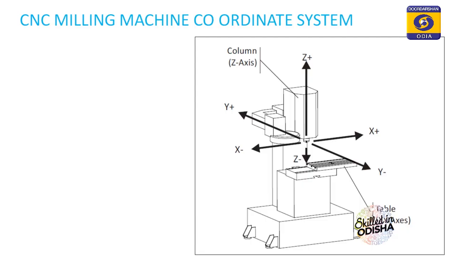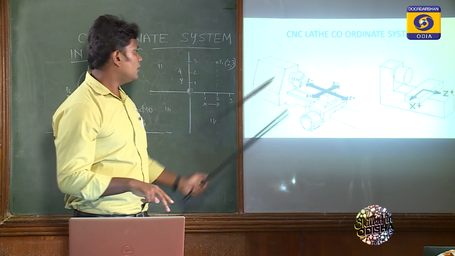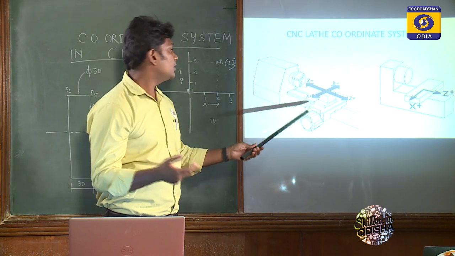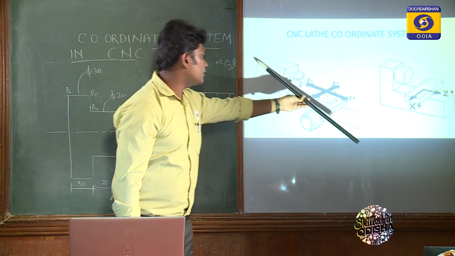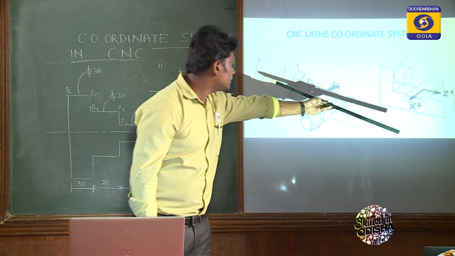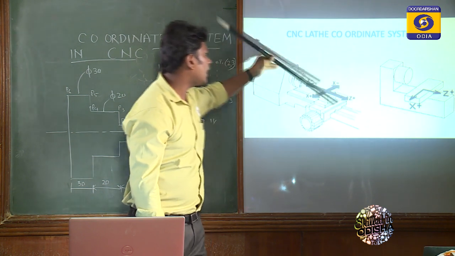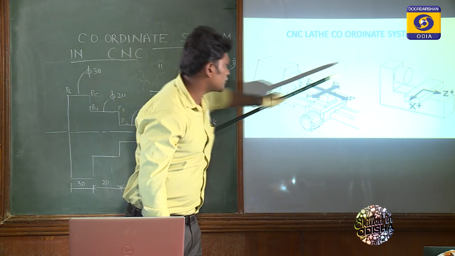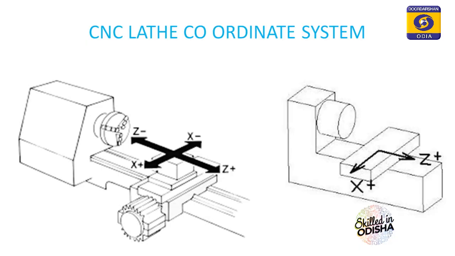Next we will see the axis convention of the lathe machine. In the lathe machine, only 2 axes will be there for our machining operation. This one is the z axis, as I have already told you. This one is the spindle, that means the chuck is mounted on the spindle. So the z axis will be parallel to the spindle axis. Here this one is z for the feed direction, and radially, this direction represents the x axis, as also shown here. In the conventional machine, whatever feed we give is the z axis, and whatever depth we give is the x axis.